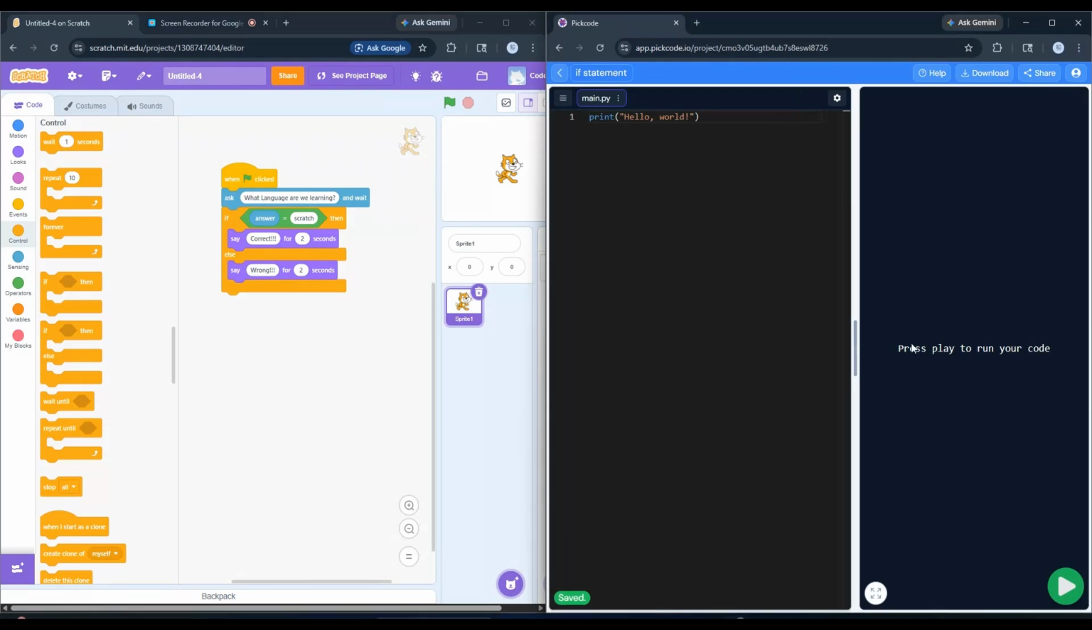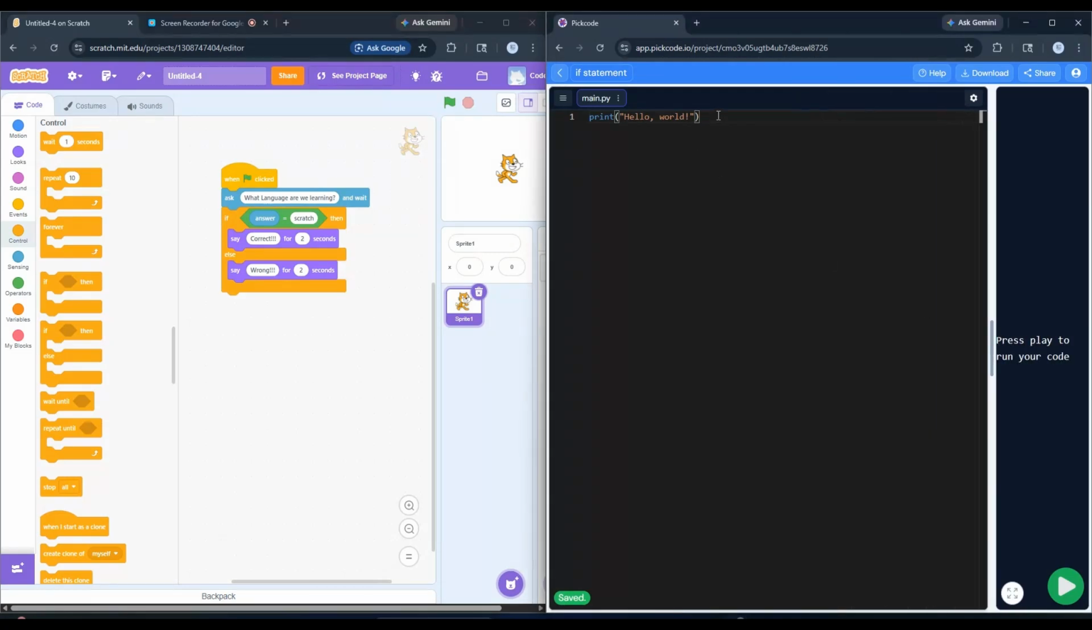Here we go. Now, we don't need an event. I can right away create a variable named answer, and there I can ask the user to input what language we are learning. So we have a question, and now I'm going to save this answer. Now how exactly are we going to write it here? We will be using if